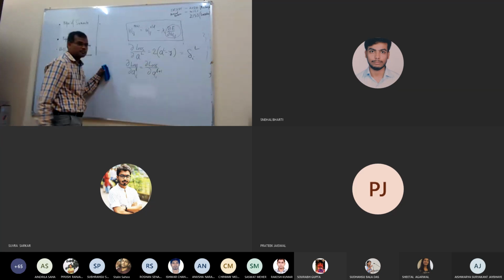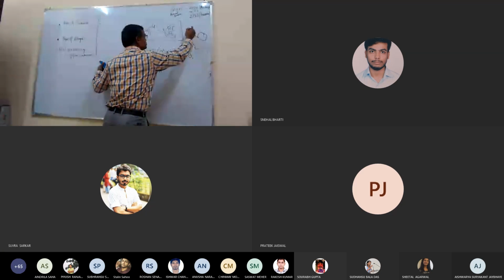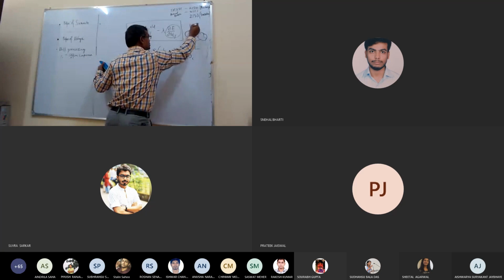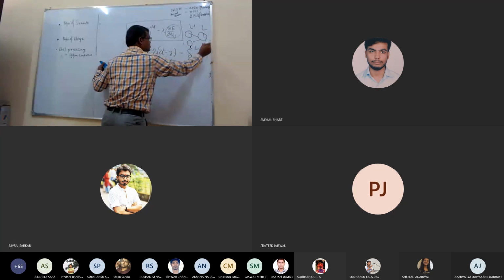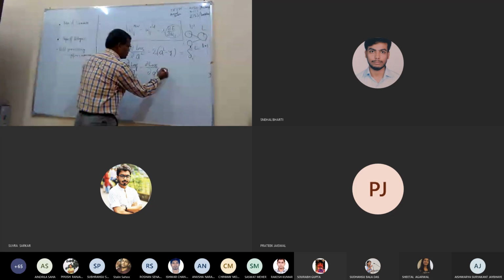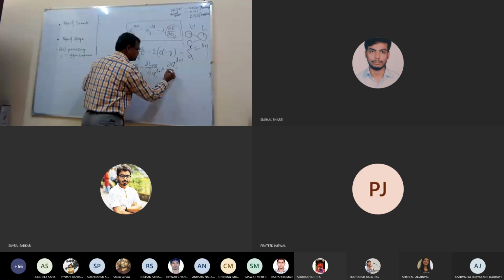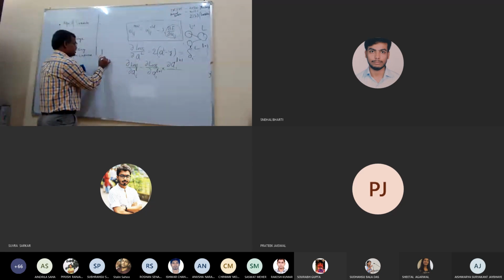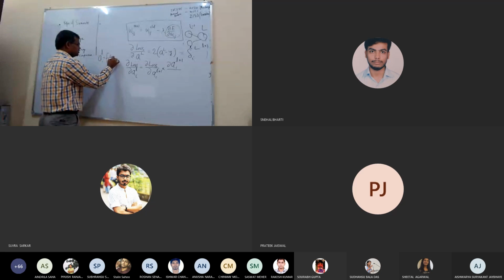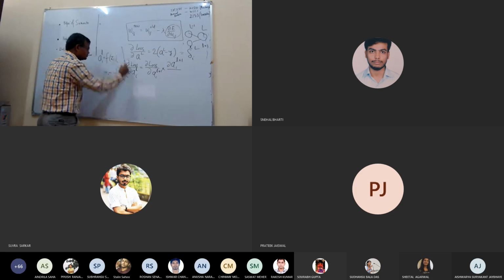A_I at level L plus 1. That diagram, if you remember, we computed for the last node, and now we are computing for the previous node, the previous level. So this is L minus 1, or otherwise you can say this is L plus 1, multiplied into delta A_I at level L plus 1 divided by delta Z_I. As we know, A_I is a function of Z_I, essentially 1 by 1 plus e to the power minus Z_I.